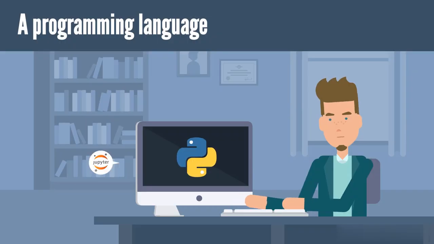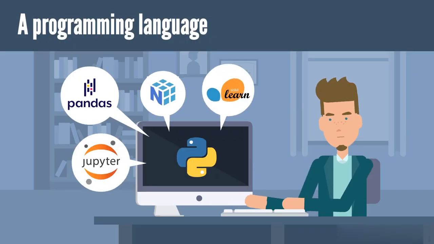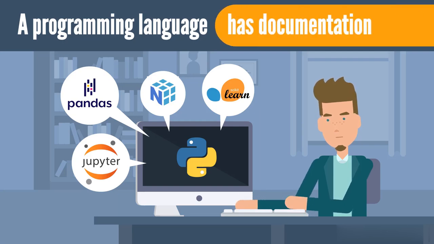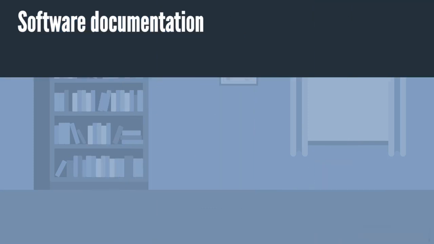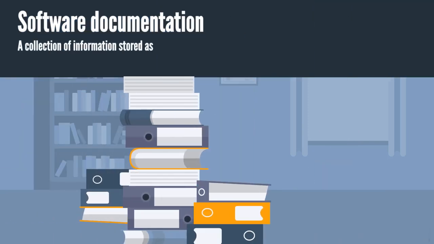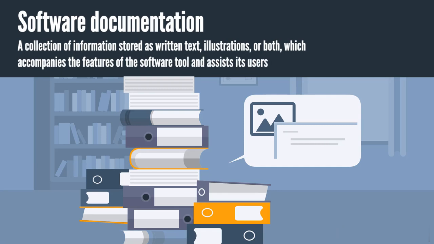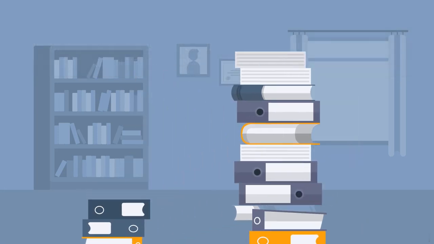A programming language, its libraries, or just any other software tool that is widely used by people, has documentation. What is that? Software documentation is a collection of information stored as written text, illustrations, or both, which accompanies the feature of the software tool and assists its users. However, this might not be as appealing as it may initially sound, because there is a significant gap between the